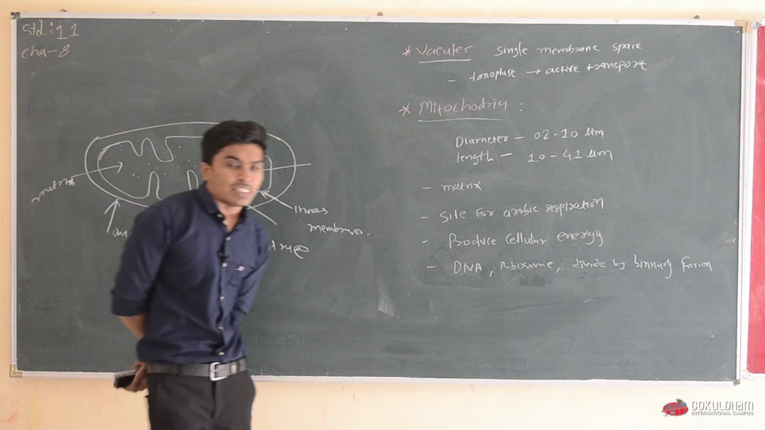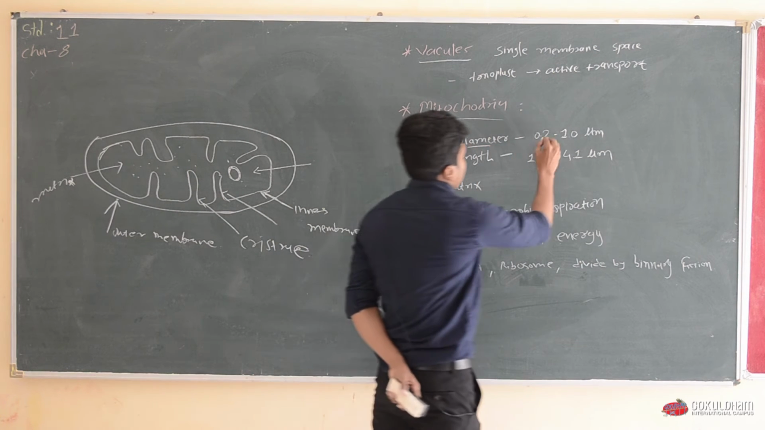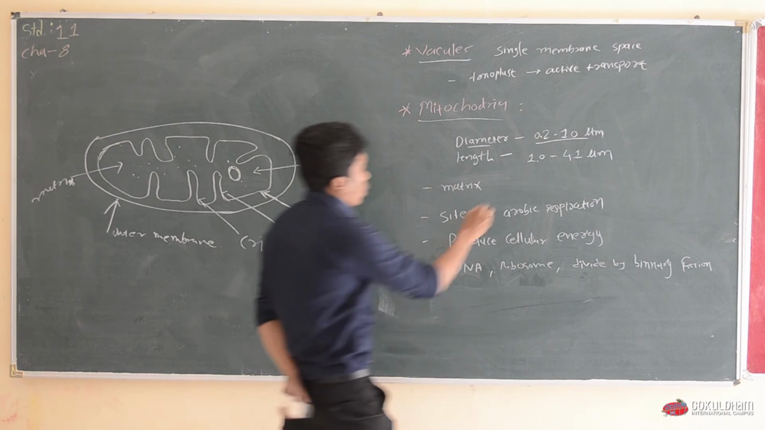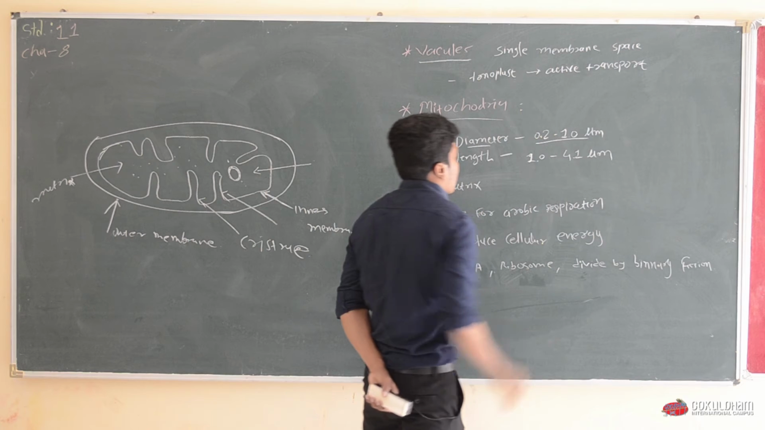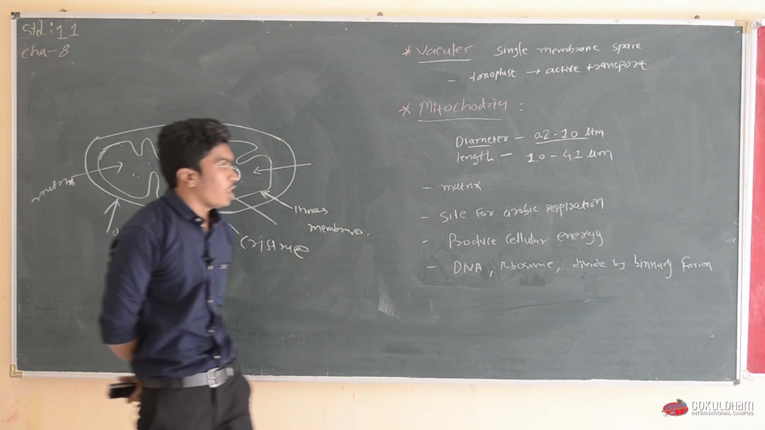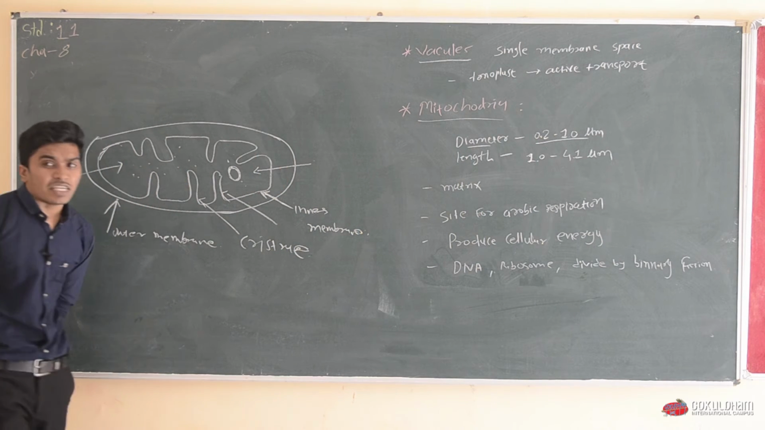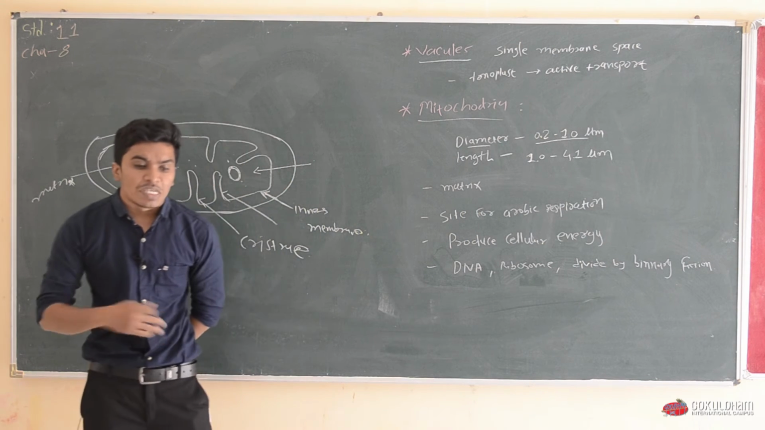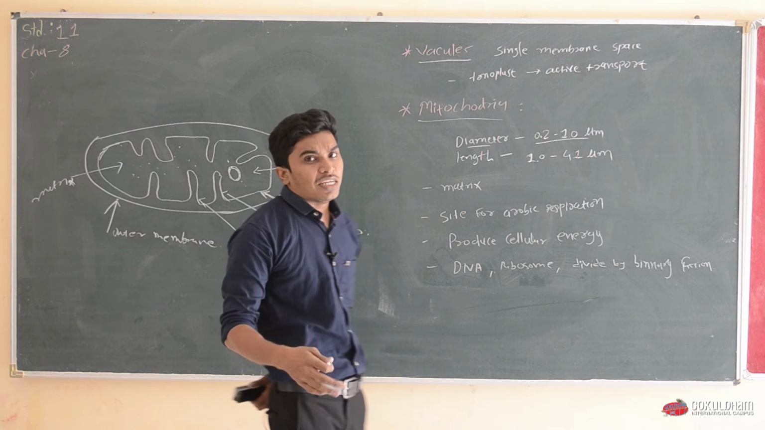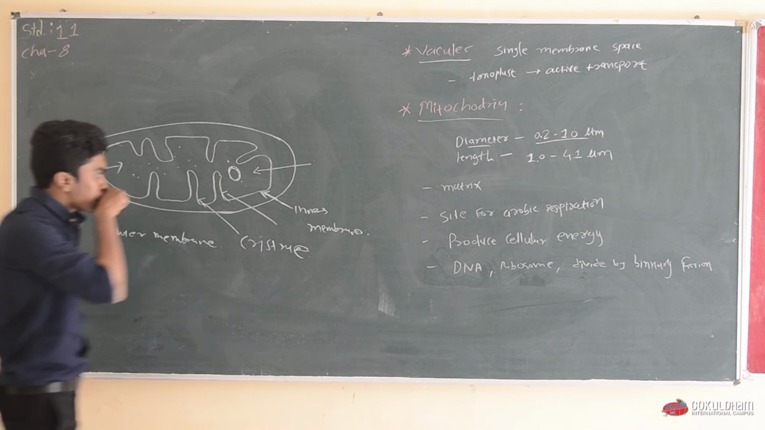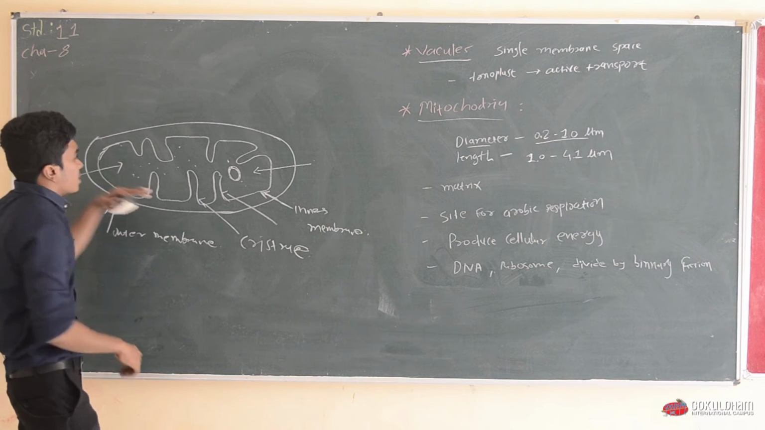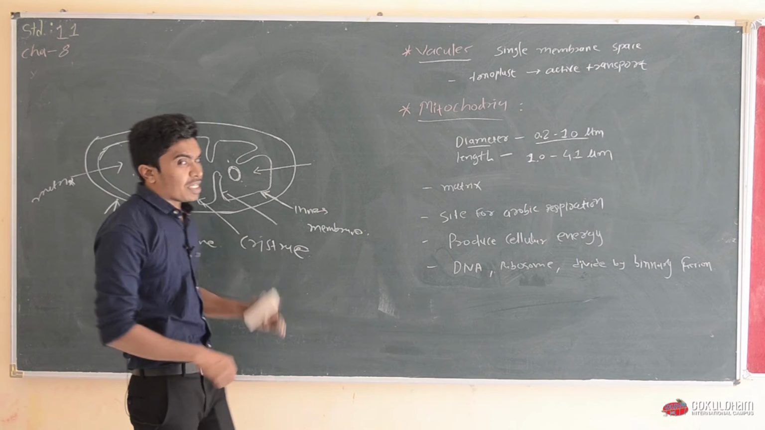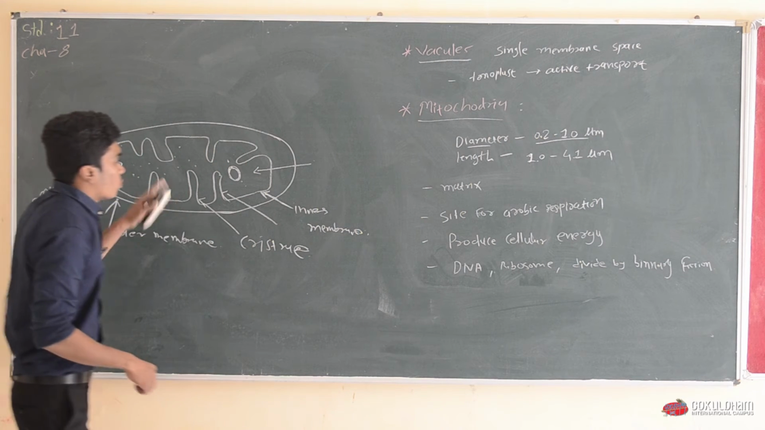The diameter of mitochondria is 0.2 micrometer to 1 micrometer, and the length of the mitochondria is 1 micron to 4.1 micrometer, which varies in nature in different cells, on the basis of their physiology and their function. The inner membrane provides the larger surface area for the aerobic respiration in all the organisms,